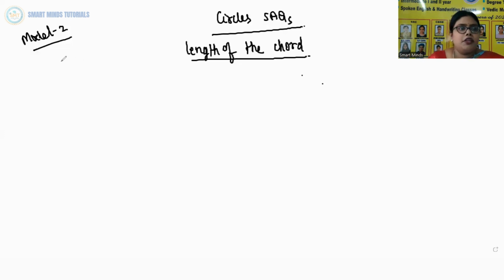Now, so let's continue with the second model of circles SAQs, that is length of the chord. So length of the chord is a 95% sure question. Very, very important. So the first question is, find the length of the chord